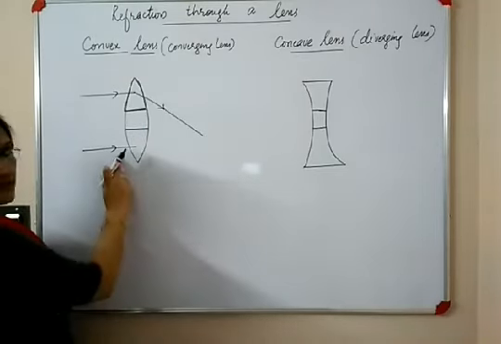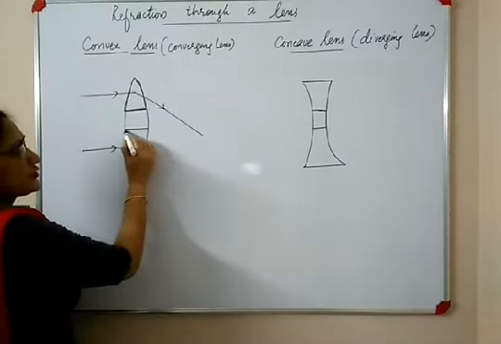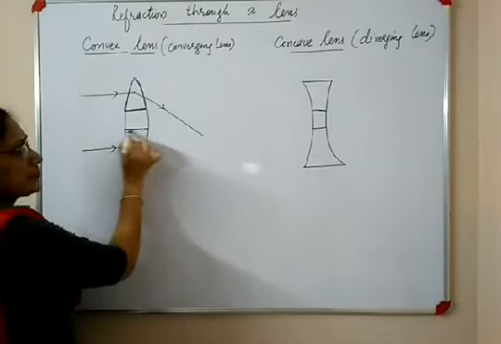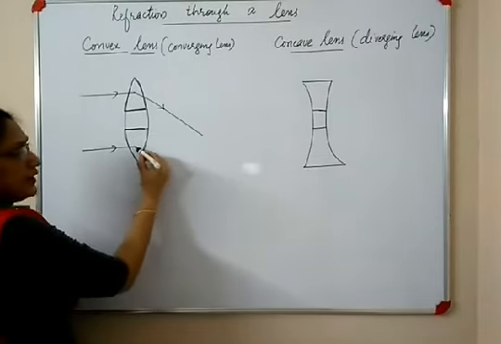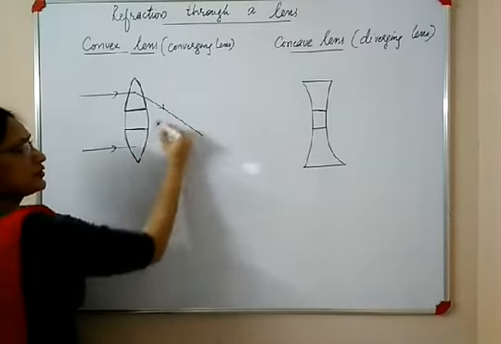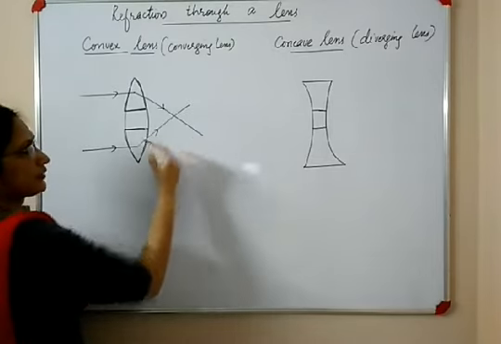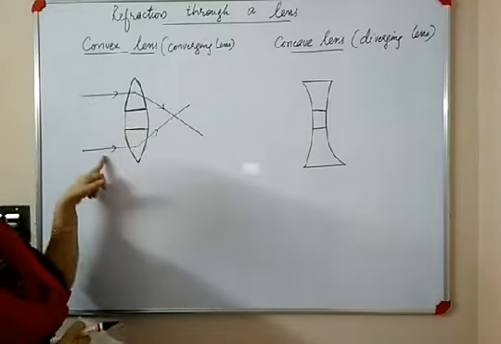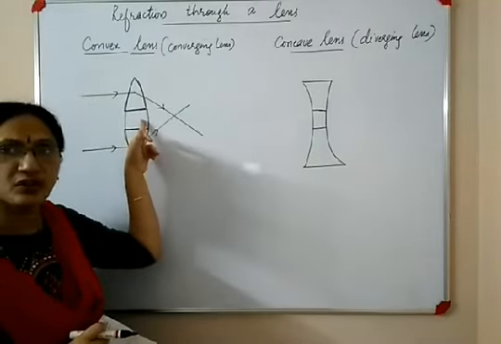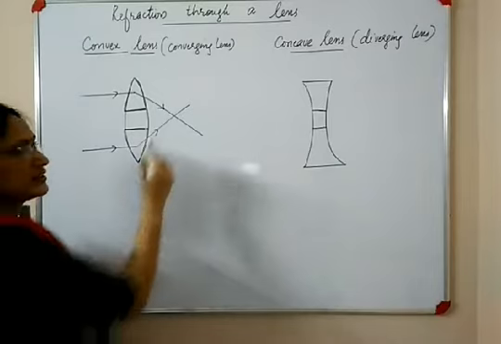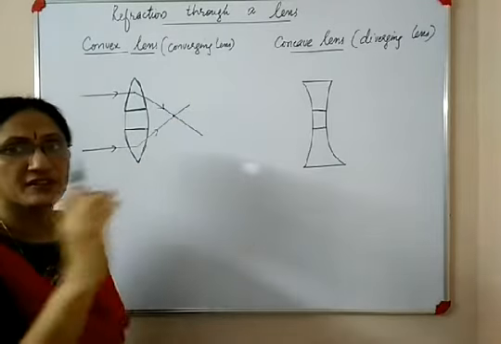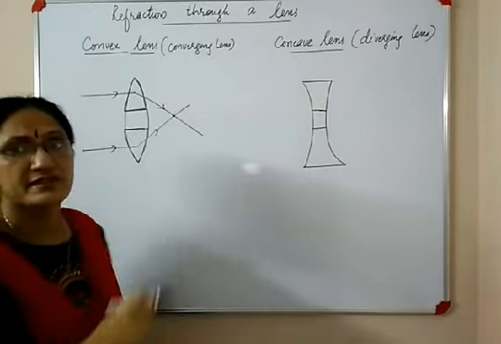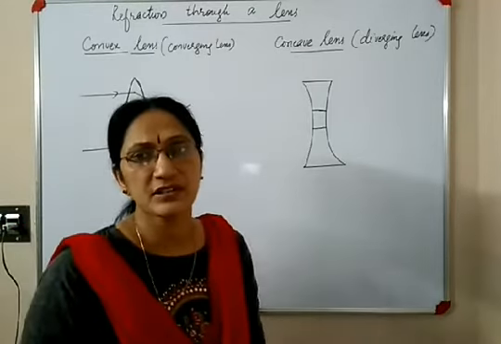What about this light ray? This light ray passes through this lower prism. This is the lower prism, and here is the base. So this ray will bend towards the base, which means it will go upward. So see what happened to the light rays. Two parallel light rays, after passing through this convex lens, converge. The word meaning of converging is meeting at this point. That is the reason why a convex lens is called a converging lens.